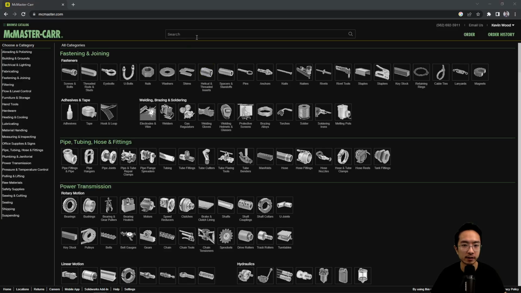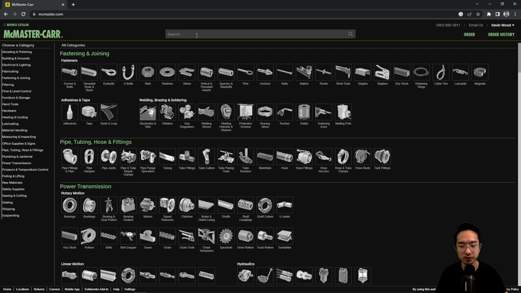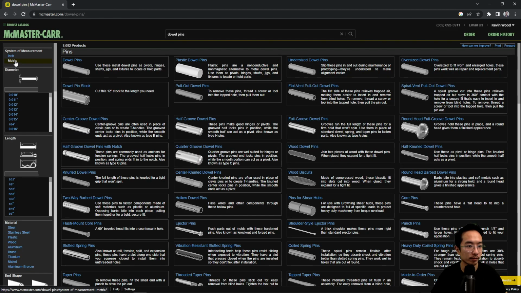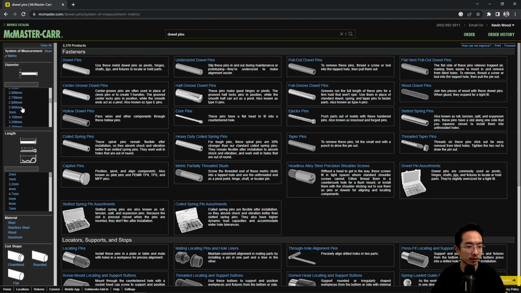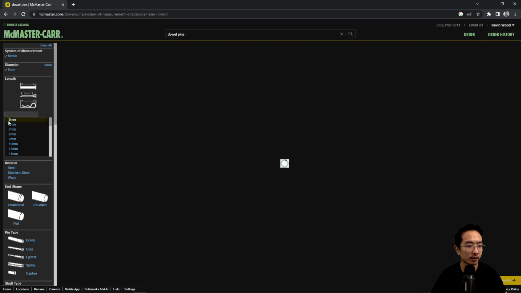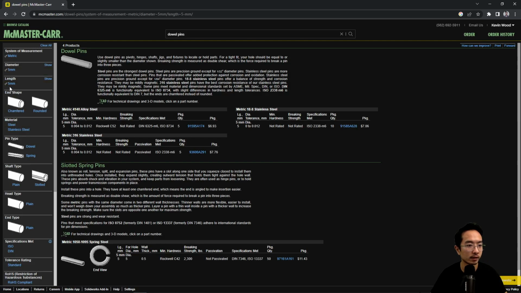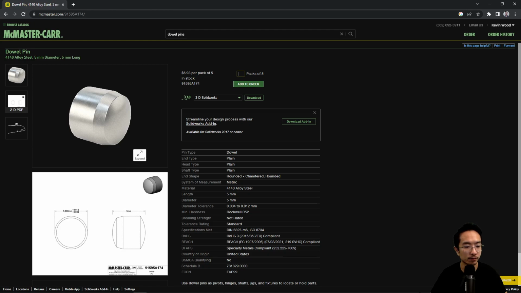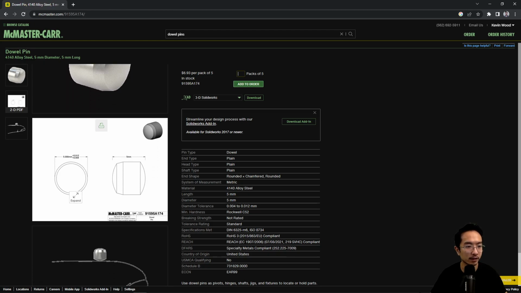Okay, so let's take a look at an example using what we just said. Let's say we're shopping for dowel pins. Let's say we were dealing with metric, and we're getting a 5 millimeter. Let's just say 5.5 for both. If we look at product details, you can see here that this dowel pin is actually